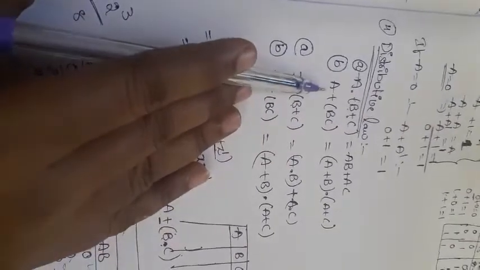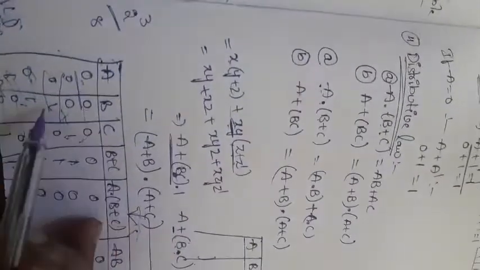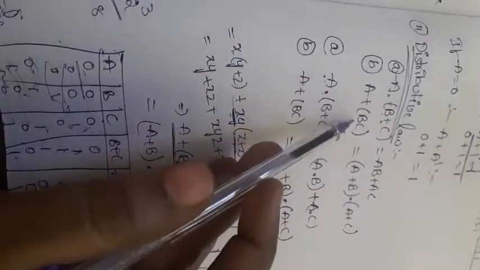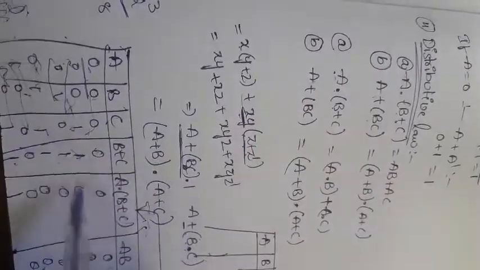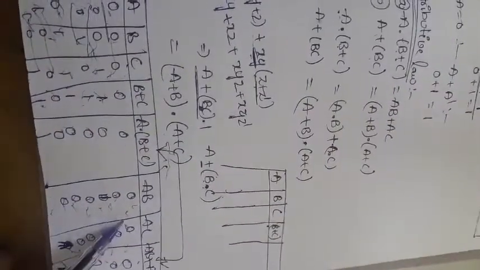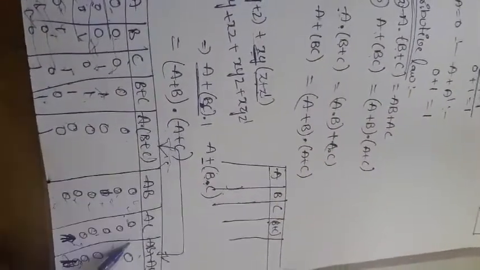Like that you can simplify the second rule also. First you write the three variables A, B, C, and after that you take the LHS part, first BC, and after that adding A plus BC, that is the LHS part. Then taking A plus B and A plus C, with a dot product in between these two. So like this you can find it. So I can skip that.